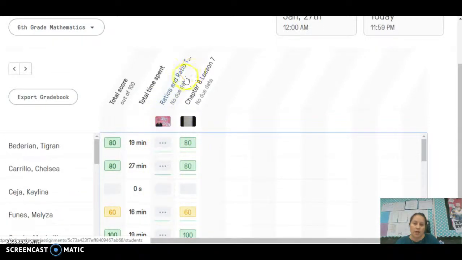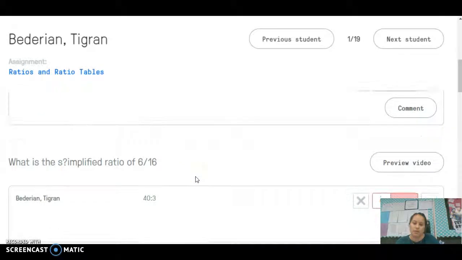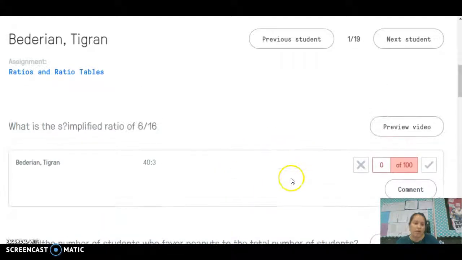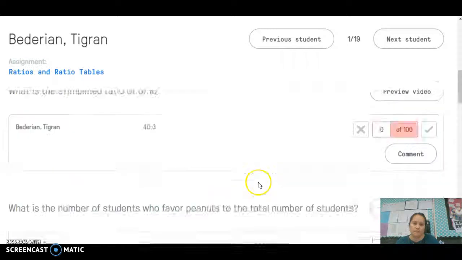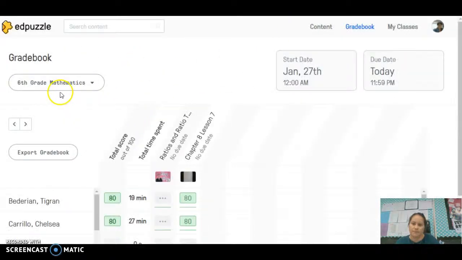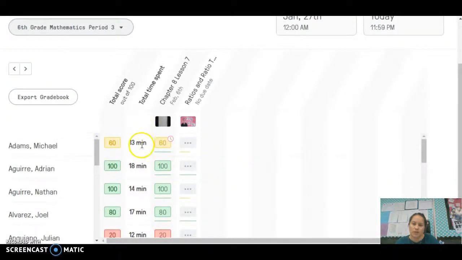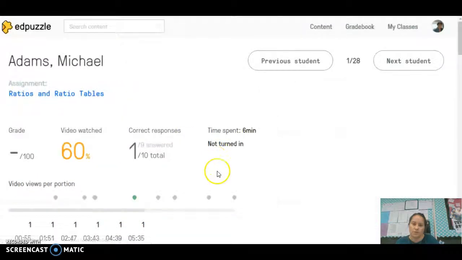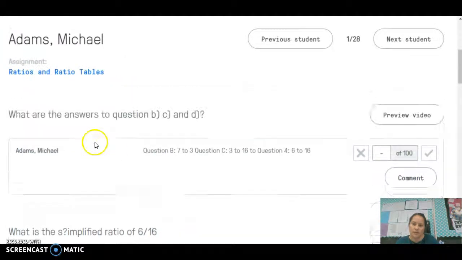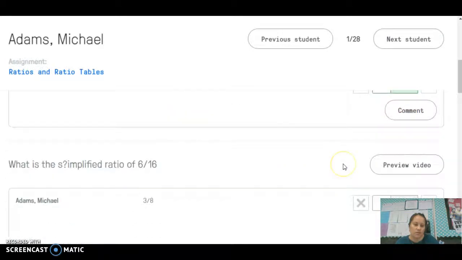Now this one, I said that I did this one this week. I need to go back in here and I need to score it. So these ones were pretty much open-ended questions, and if I go in there, I can see okay, so this one needs to be graded, and he answered the questions here, and they look correct, so I'm going to go ahead and put that, yes,